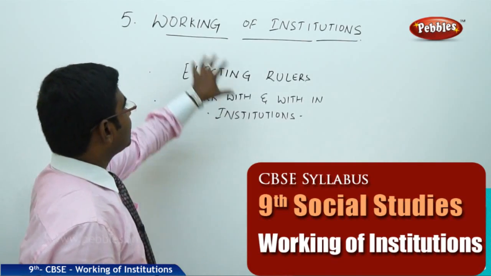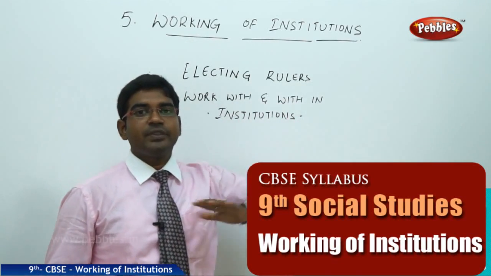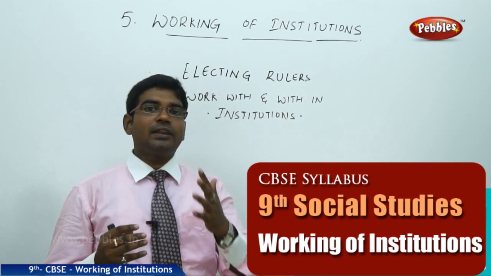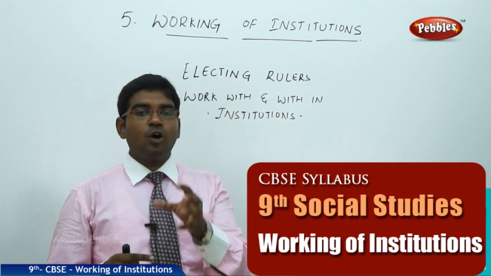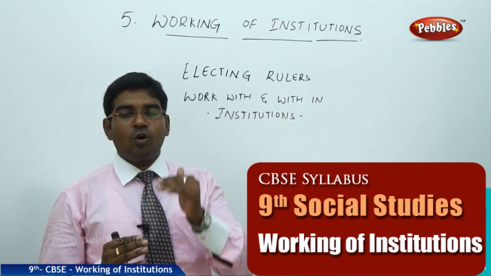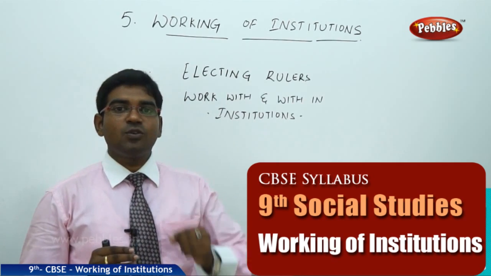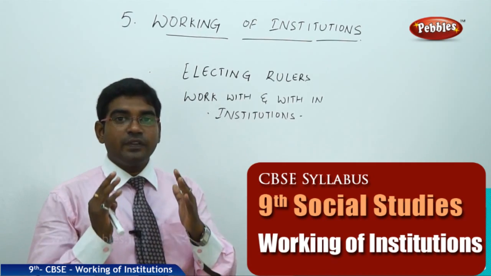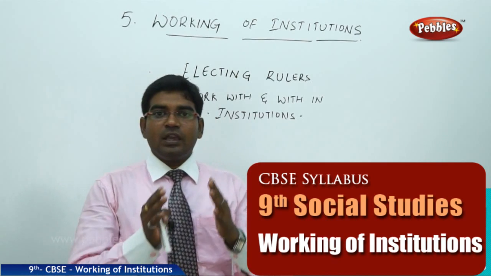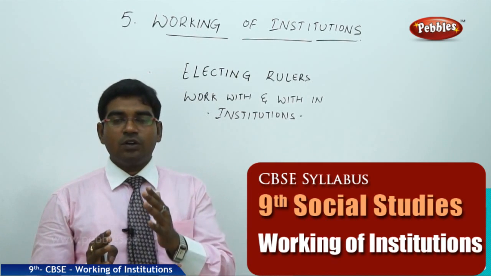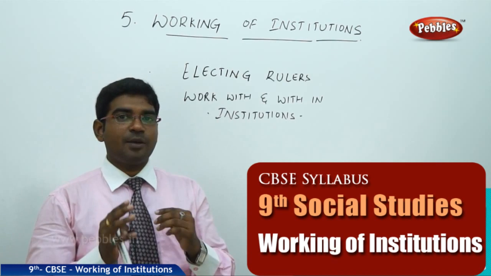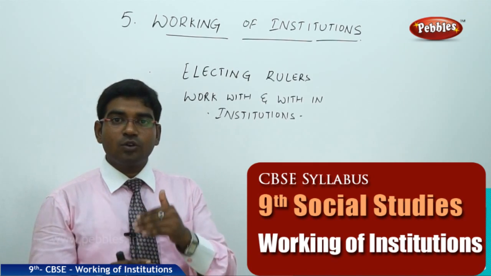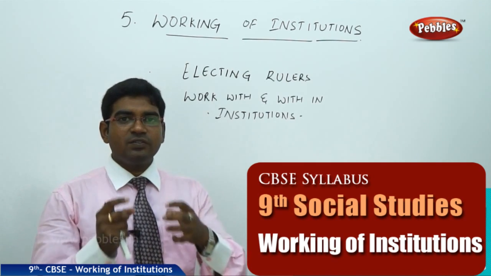Today we are going to discuss the working of the institutions. In the previous units, we have discussed how the people would elect the rulers or how a government will be formed. What is the procedure? In a detailed way, meticulously, we have discussed thoroughly how the elections are conducted, how the campaigning goes on, how the polling goes on, and how the result declaration happens. Later, what are the steps necessary and who controls the election procedure, everything we have discussed.